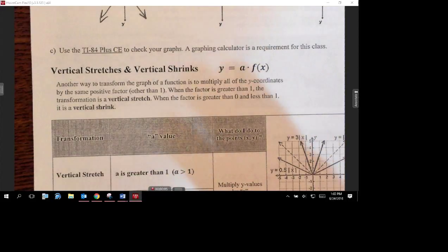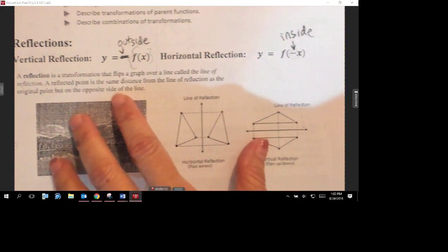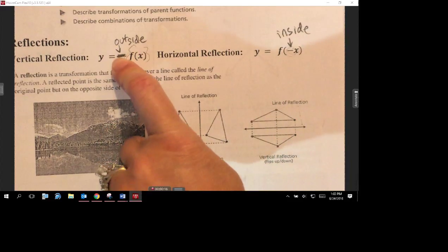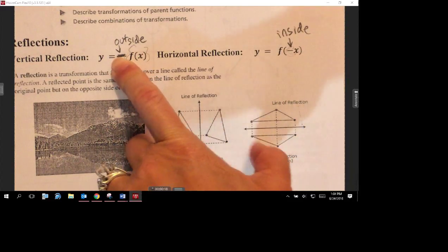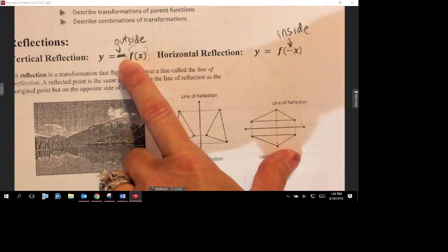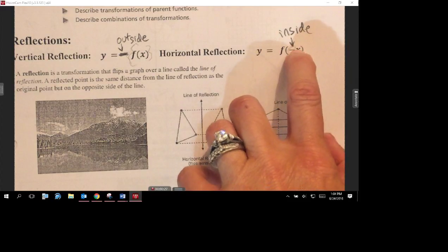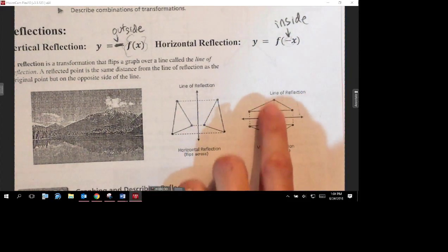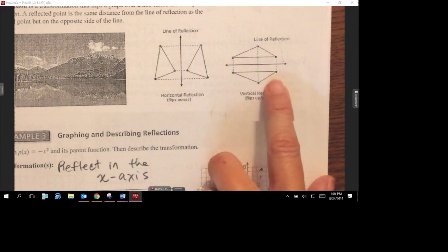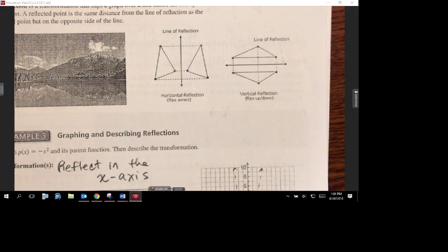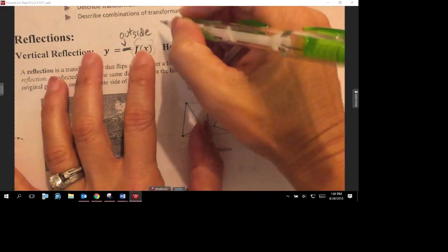All right, we're going to start by just reviewing for one moment the previous day. We have talked about vertical reflections and horizontal reflections. That's when we have a negative sign somewhere in the equation. If it's outside of the function, that's going to be vertical. If it's inside of the function, it'll be horizontal. And remember, a vertical reflection goes up and down, but what axis does it actually flip over? That's the x-axis. So when we have a vertical reflection, we write it as